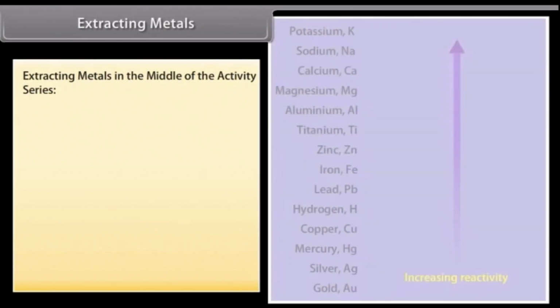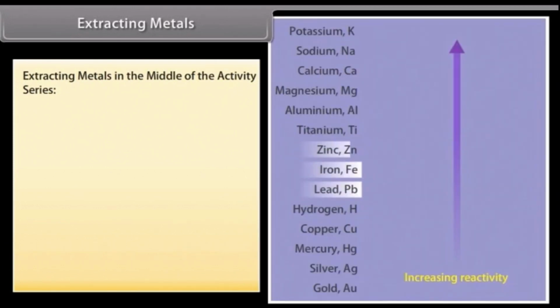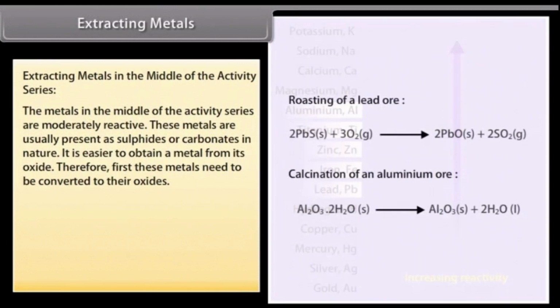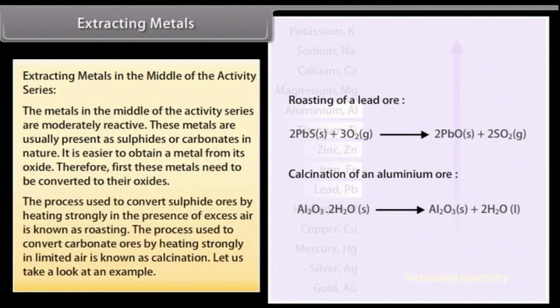Extracting metals in the middle of the activity series. The metals in the middle of the activity series are moderately reactive. These metals are usually present as sulfides or carbonates in nature. It is easier to obtain a metal from its oxide. Therefore, first these metals need to be converted to their oxides. The process used to convert sulfide ores by heating strongly in the presence of excess air is known as roasting. The process used to convert carbonate ores by heating strongly in limited air is known as